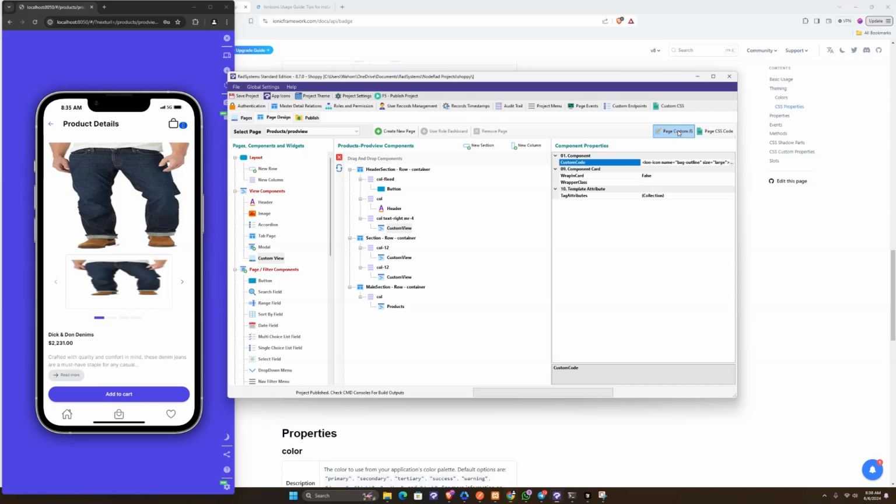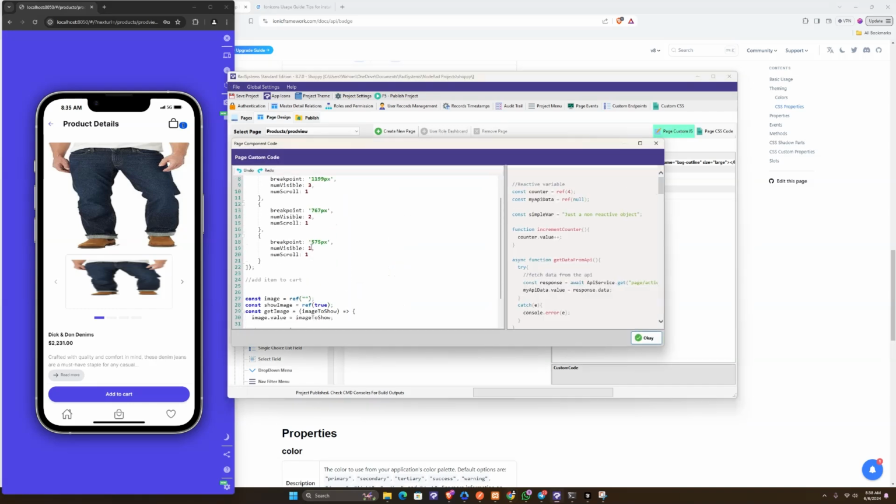So we're going to go here, custom JavaScript, and we are just going to come down here and create a variable. So let's say const cart totals, right, is equals to ref. So it's going to be just an empty reactive variable. Then we want to